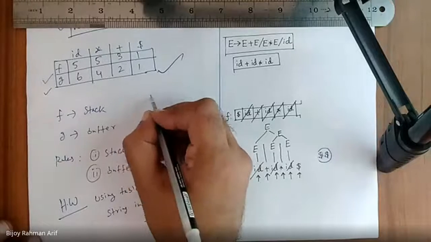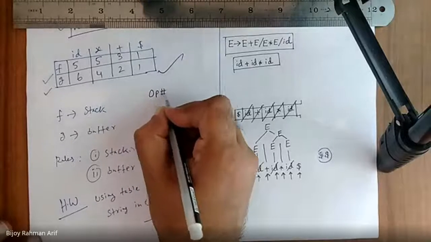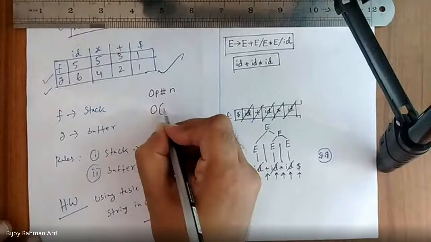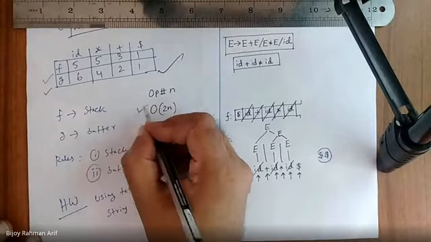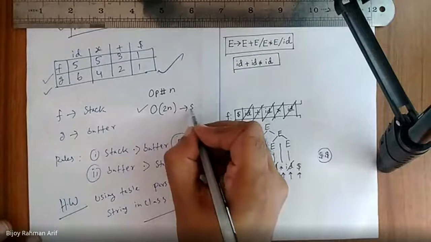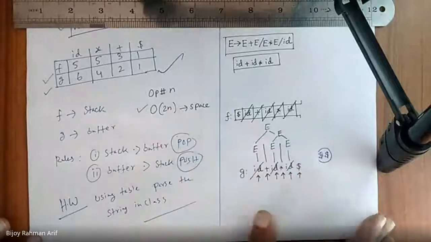4 into 2. 2 into 2. 4 into 2. So actually, if the operator number is n, my complexity would be O of twice n, much less space. This is the space complexity. On the other hand,